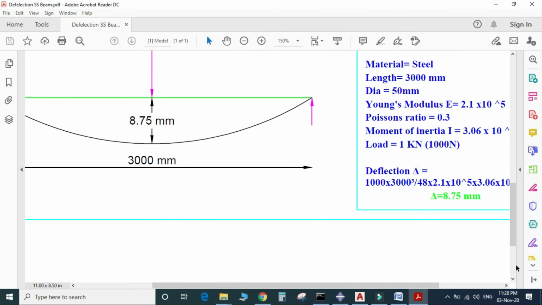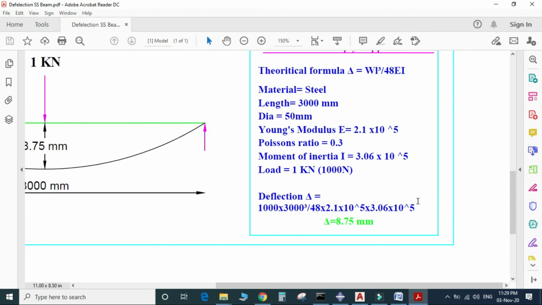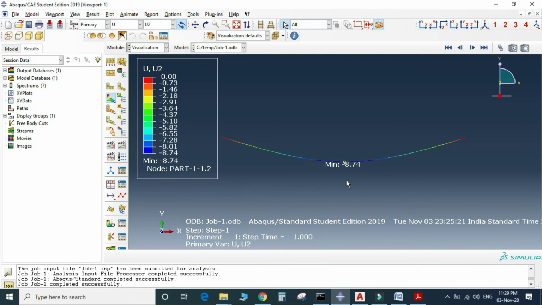8.75 mm. Okay, so the formula for the theoretical value is WL cube divided by 48 EI. So with all the values substituted in the equation, we got the theoretical deflection value of 8.75 mm, and now from the analysis, the deflection value is 8.74 mm.